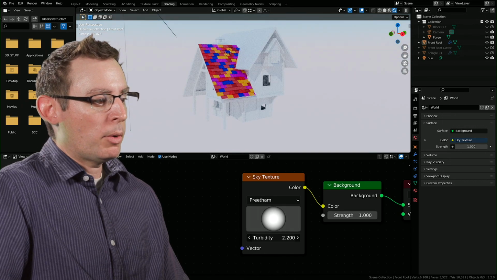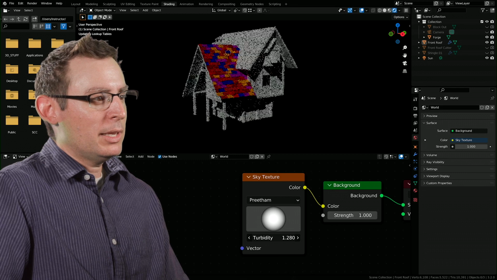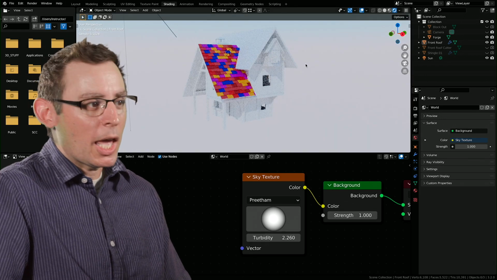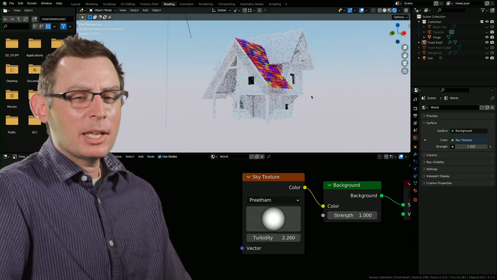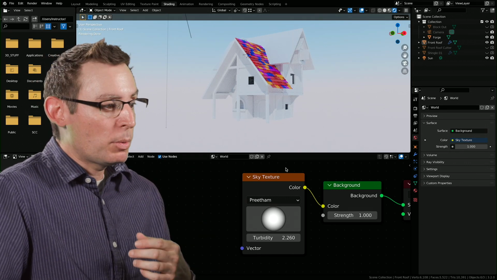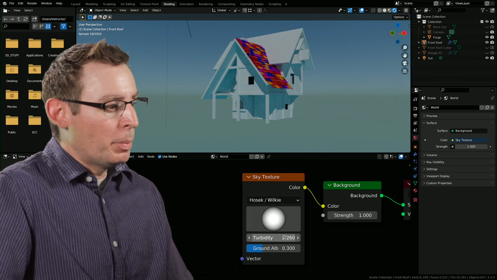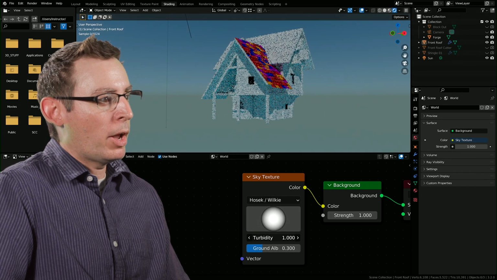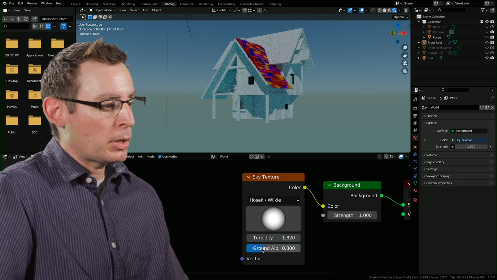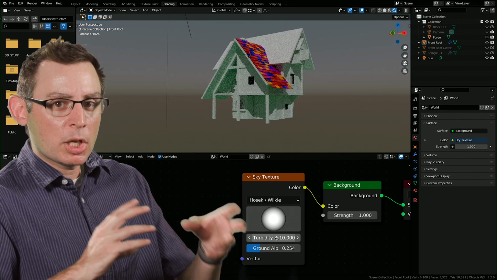And of course, playing around with the turbidity allows us to change the effects, and it's okay. Let's just say it's okay. It takes a lot of massaging of the values to get something that kind of works. Same with the other algorithm in here, the Hosek-Wilkie. This one's a little bit more in the realm of something that I would use pretty often, especially when we combine the ground albedo and the turbidity values in here. We can start to customize it.